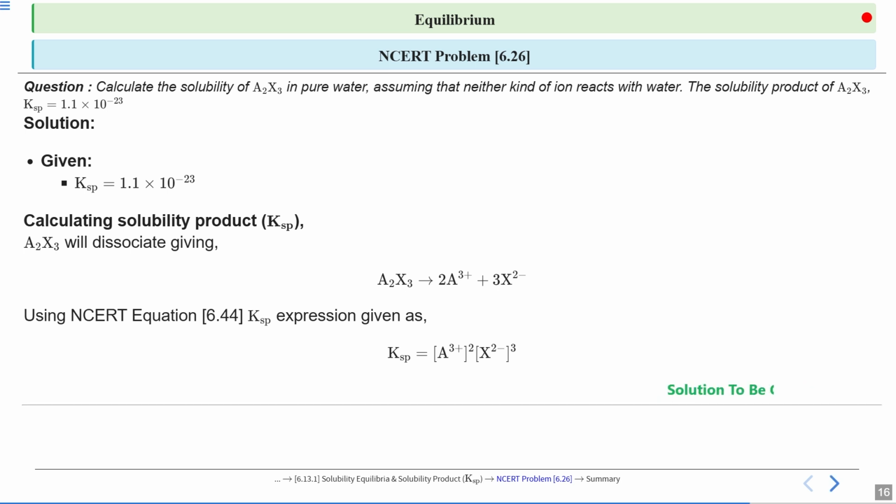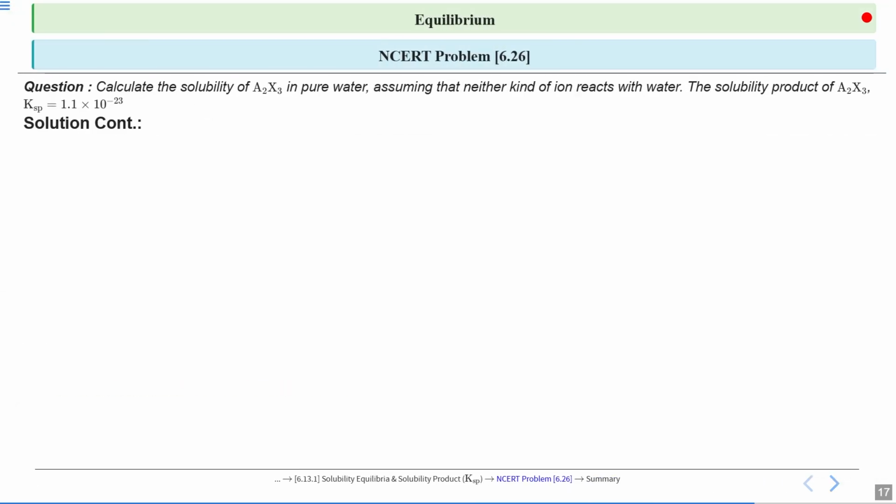Now next, we calculated the Ksp, but the problem is that we need to calculate the S and we don't know their individual concentration, but we know it very well that at Ksp, your solubility becomes equal to the concentration at equilibrium, and the Ksp value is already given. Further, we will calculate solubility. How will we do it? So, suppose S is the solubility of the salt A2X3, then